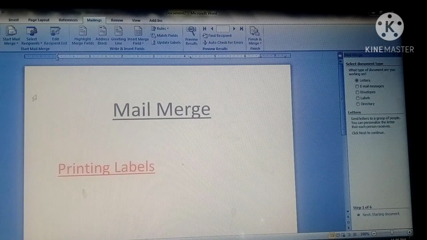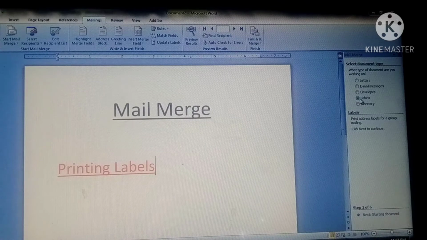As you click on this, you can see the mail merge pane at the right of your screen. Here you will not click on letters because we have already done how to type letters using the mail merge feature. Now we want to print labels as addresses on each and every envelope, so we will click here on labels.